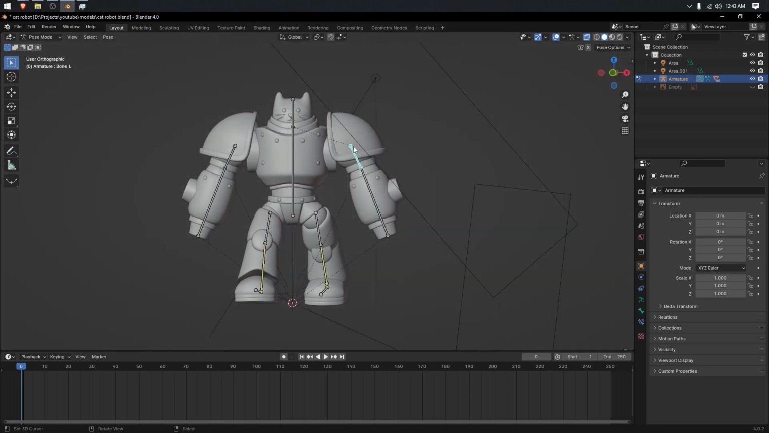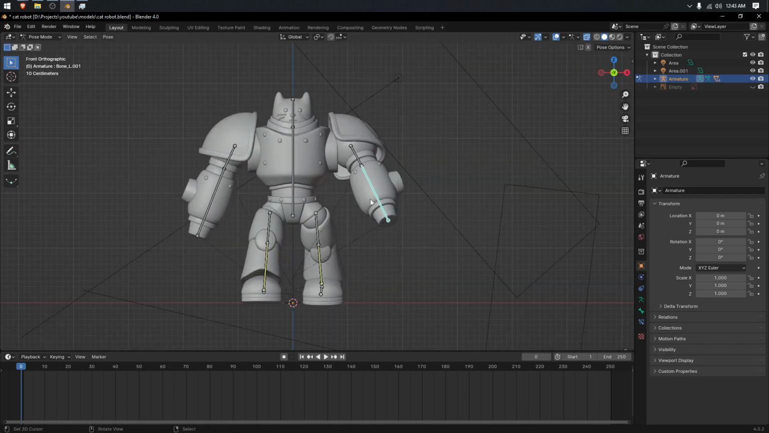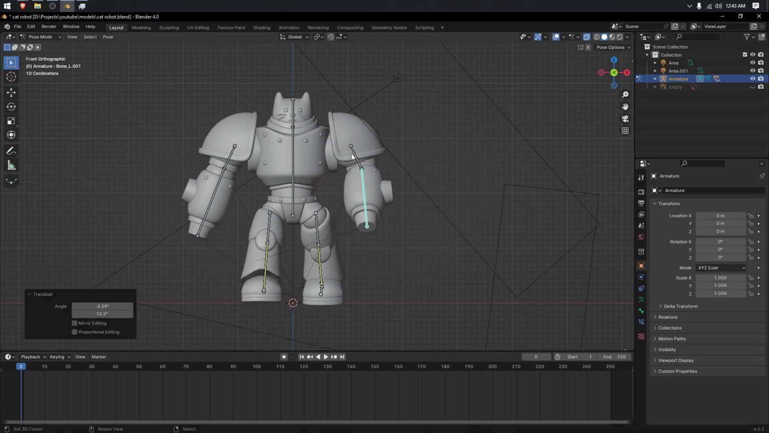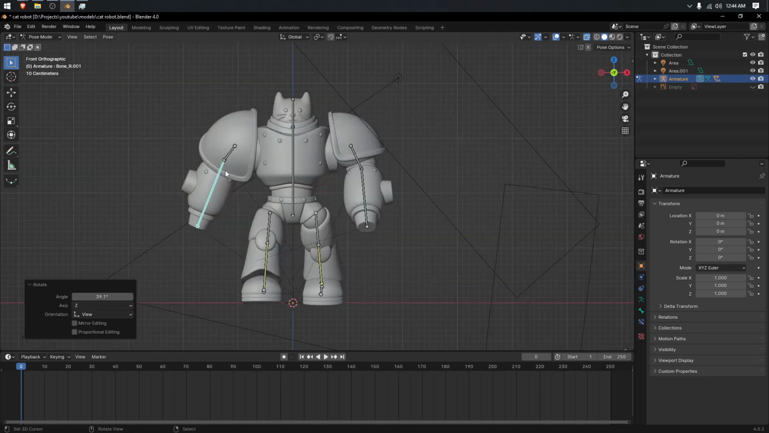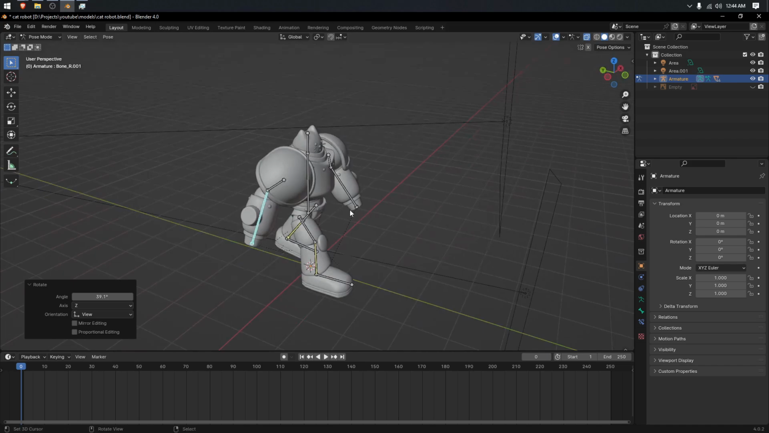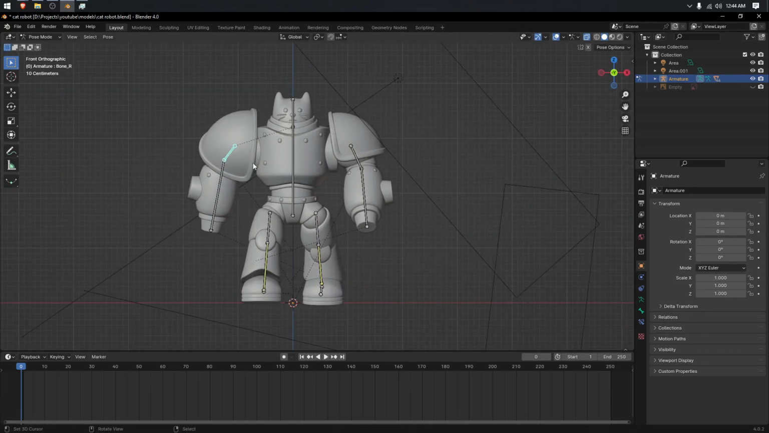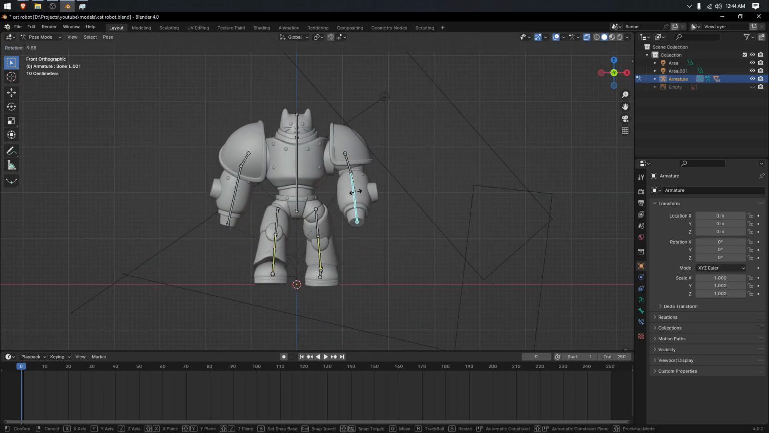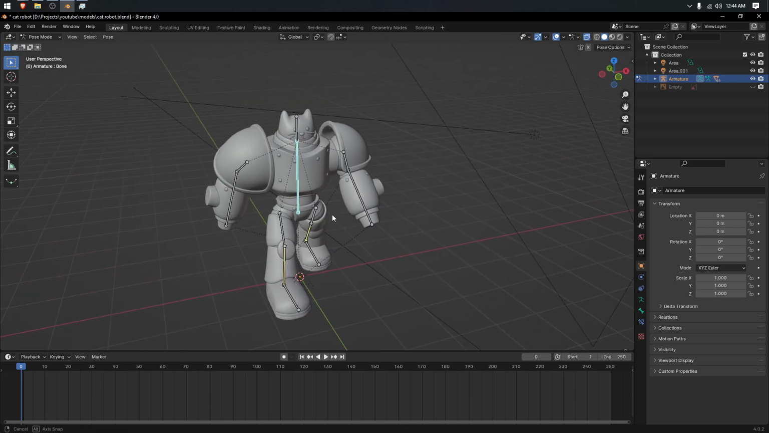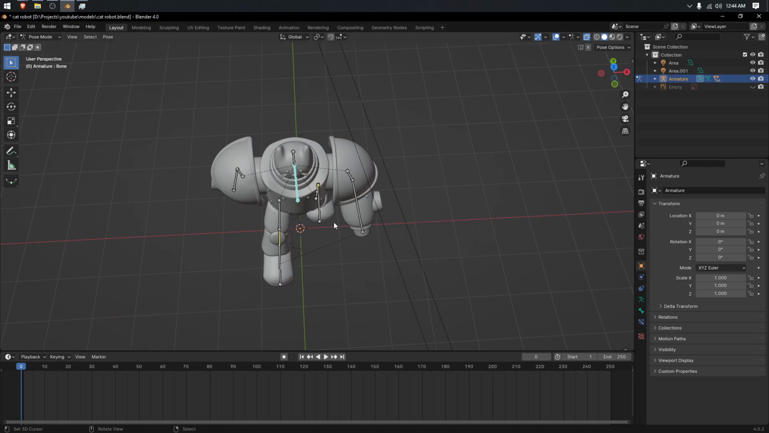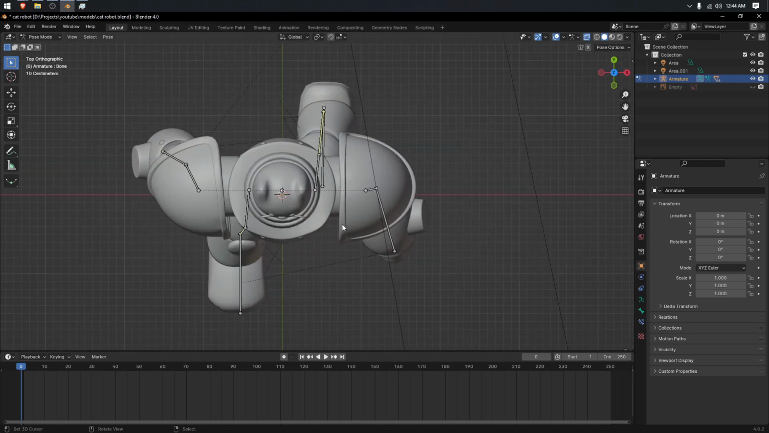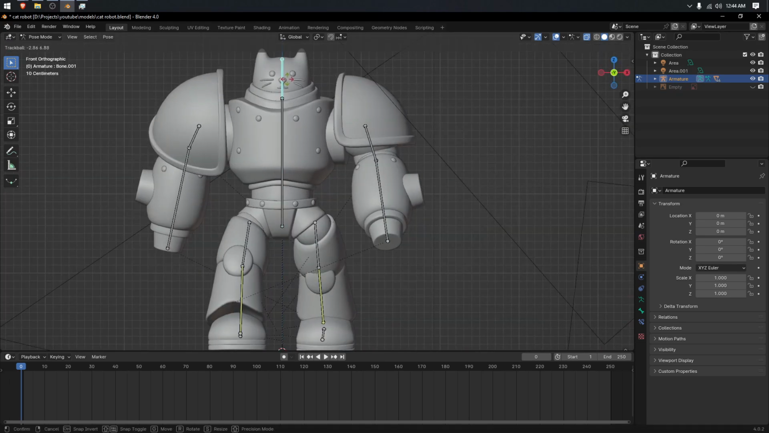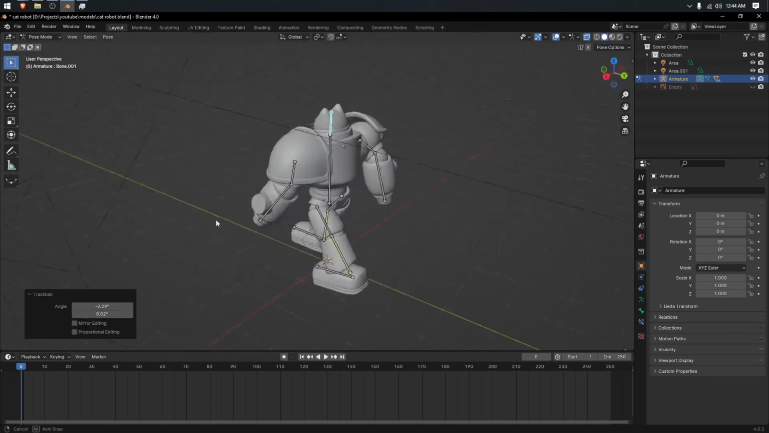Okay, to create the contact, for the arms, we move them opposite of the legs, like this. Then I'm going to rotate this one a little bit. Yeah, like this. Okay, so now we have the contact,